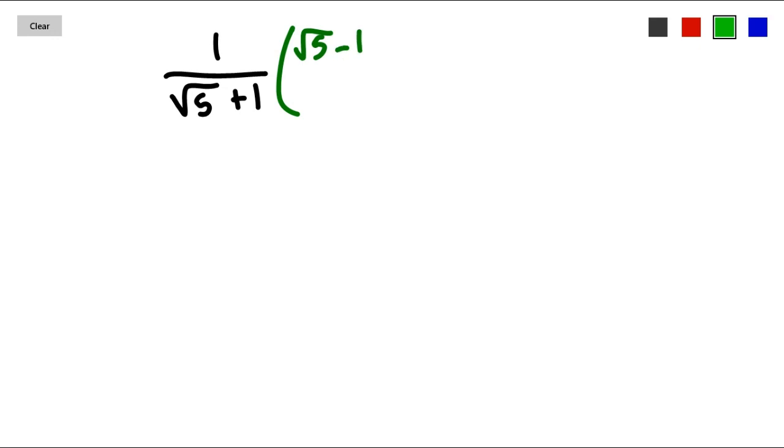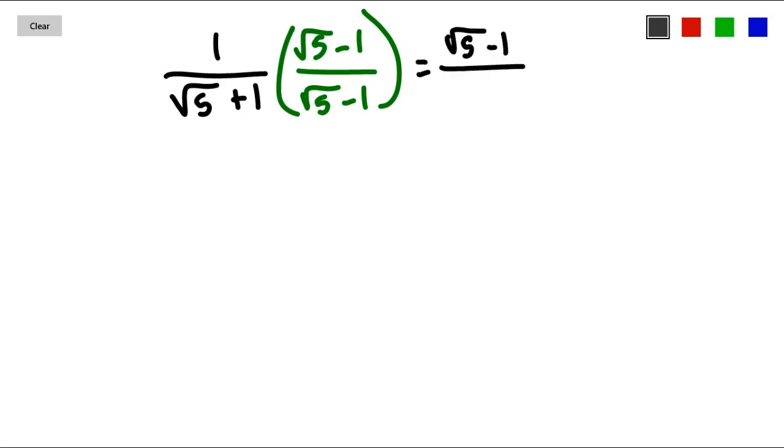Let's do another example of that. Let's say I had 1 over the square root of 5 plus 1. Again, I'm going to multiply top and bottom by the conjugate of the denominator. And in this case, it's going to be the square root of 5 minus 1. When I do that, I end up with a square root of 5 minus 1 on the top, divided by